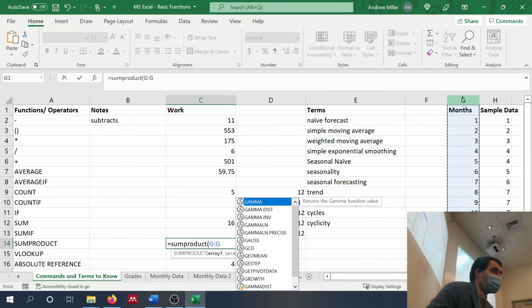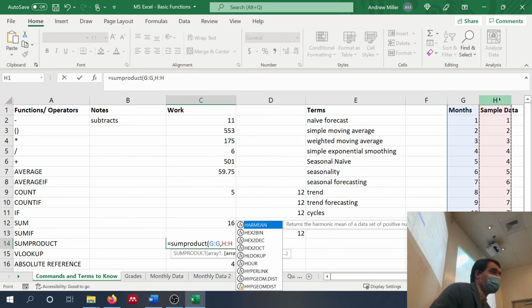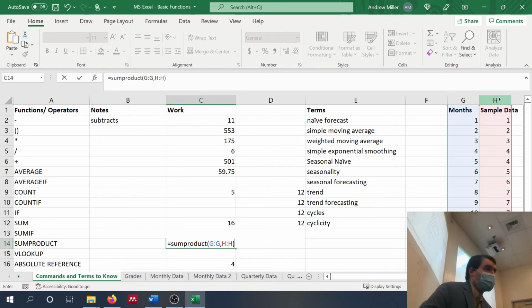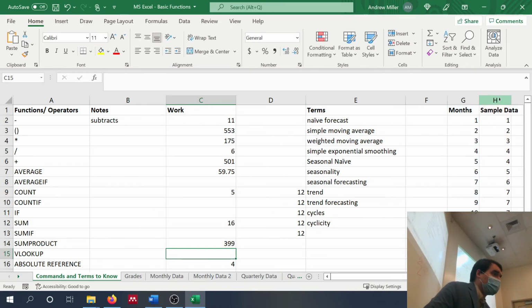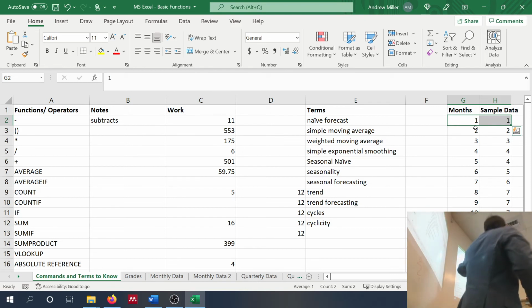And now for the second array, I'm just going to use a comma to distinguish them, like it says in the syntax here at the bottom, and let's use the H column as well. Okay, so what should this do? Should this give us multiplication of months times the sample data? It's going to add up all of those residuals. Okay, does that make sense to everyone?